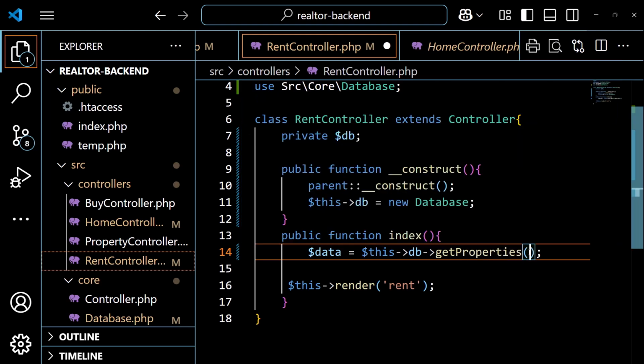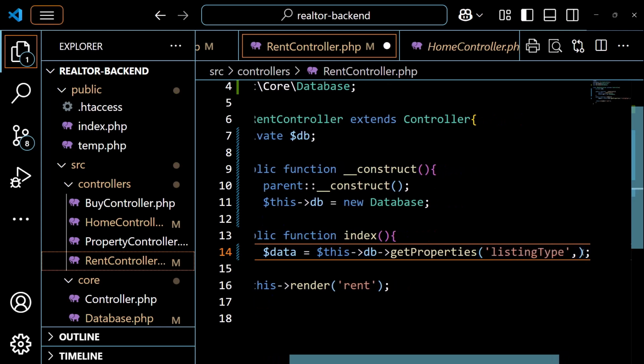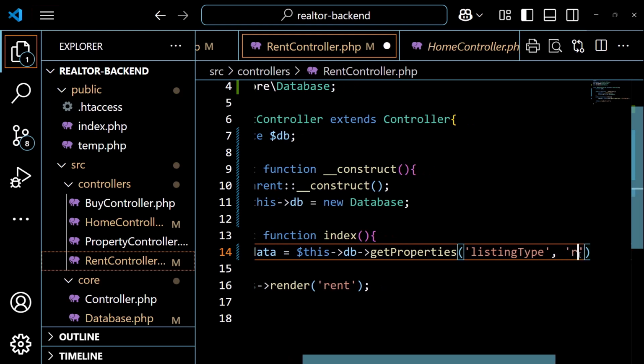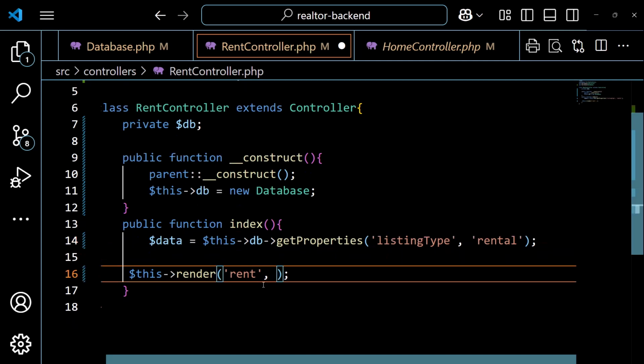And to this we have to pass in 2 parameters. The name of the key was listing type, and the value is going to be rental. So this time we are calling the method get properties on the db object, and whatever we get, we are storing it in this data variable, and now we are going to pass this data to our rent.twig page. So we have to pass it as an array, otherwise we will encounter the same error that we received last time. So data and the value is going to be